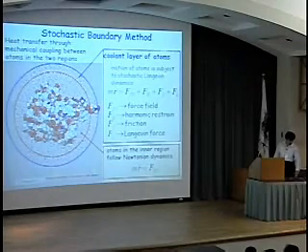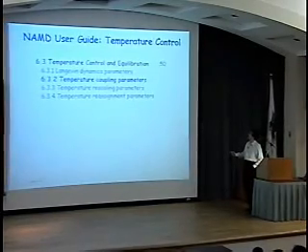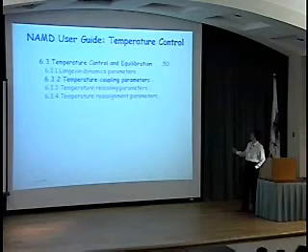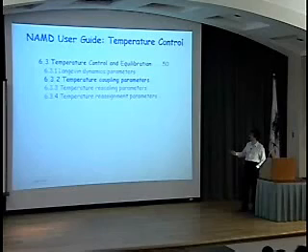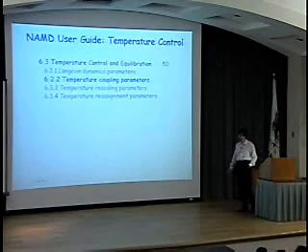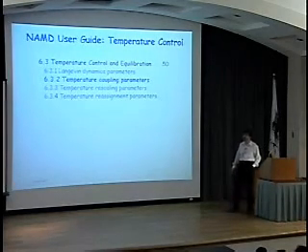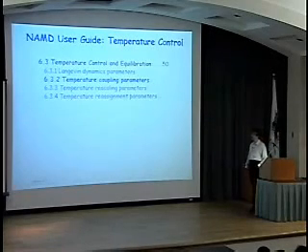But before we do that, let me just mention that in the MD user guide, you have a chapter or a section called the temperature control methods, and you have several of those. You have the Langevin dynamics, the temperature coupling method, temperature rescaling through velocity rescaling, and also temperature reassignment through reassigning the velocities according to the Maxwell-Boltzmann distribution. All these sections describe all the parameters which you have to set in order to perform the corresponding simulation.